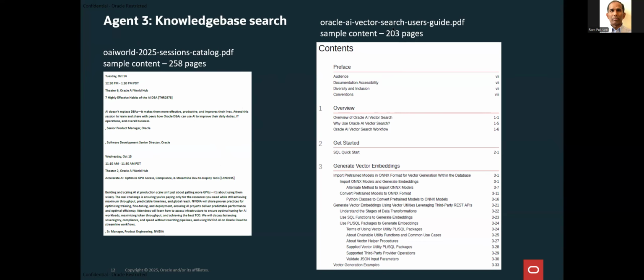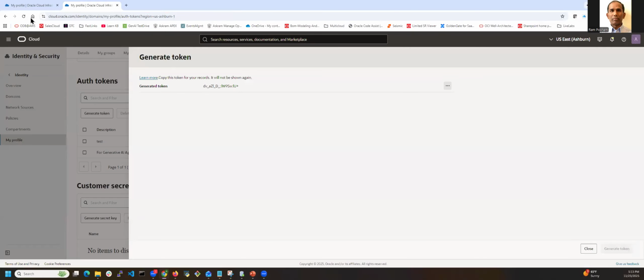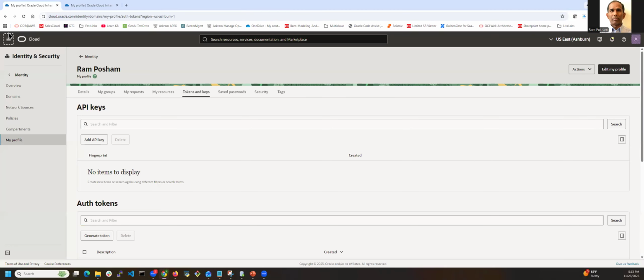And this is the actual vector search user guide. If you want to search this document, you know, this is about 258 pages. This is 203 pages. So the way it works is I will show you. I have those documents on the object storage. So if you go to object storage,